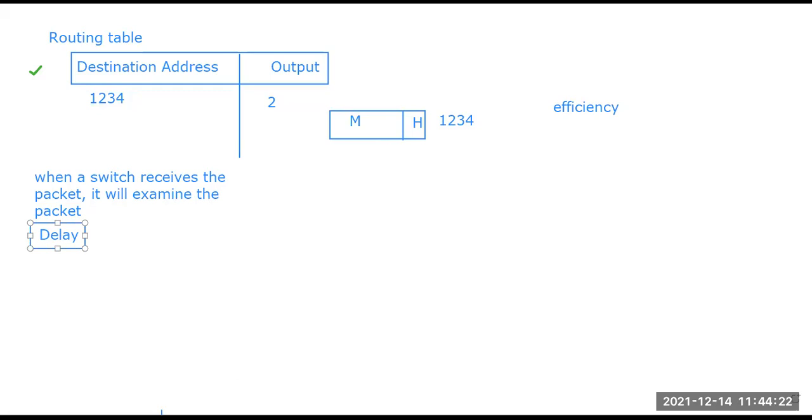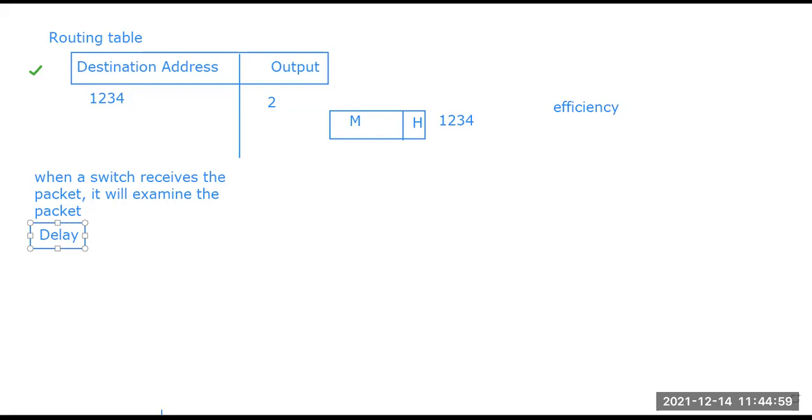The scenario is that these datagram networks actually have more delay than circuit switch networks. In a circuit switch network, the delay is only present at the time of the growing phase, right? We have seen the phases of circuit switch network. At the time of the growing phase, during the request and acknowledgement part, there will be some delay. Otherwise, there will be near zero delay in transmitting the data. So in the datagram network or packet switch network, there is much more delay with respect to the circuit switch network.